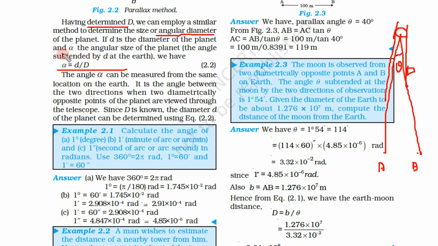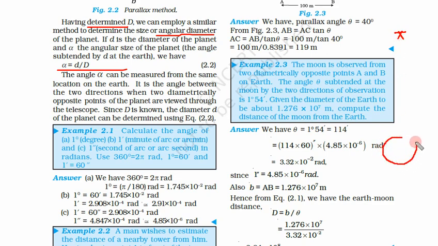Here there is only one minor difference. Let us redraw the figure. Previously this was our star that we want to measure distance for, and this was Earth, and we have taken two different points, and from this point we have seen this star, from this point we have seen this star, and this angle was theta. Now the situation is a little bit different.